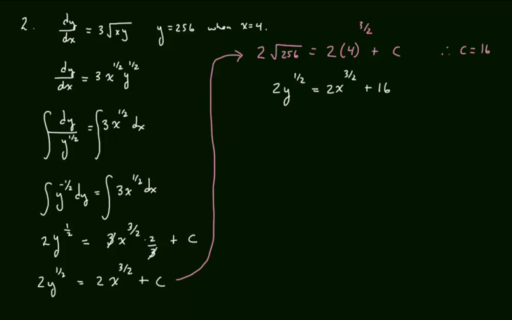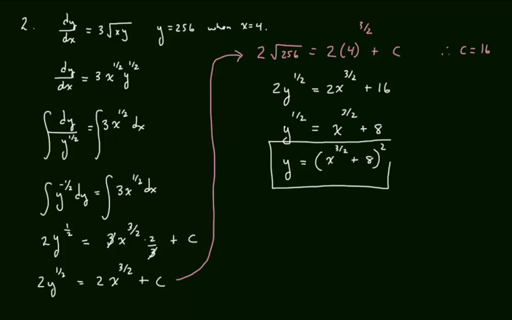Now I'll solve for y. I'll divide everything by 2. Y to the 1/2 equals x to the 3/2 plus 8. Now I'll square both sides. So y equals, now I'm squaring both sides, not just part of the side, the whole side. And that becomes the solution to the differential equation. But I want to come over and talk about the original way we did it